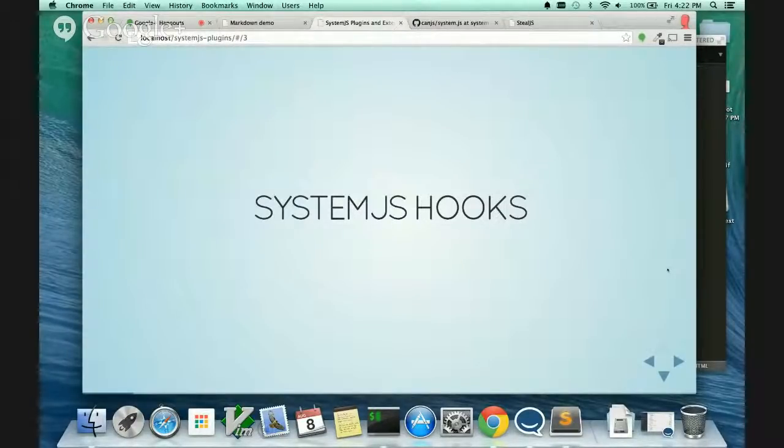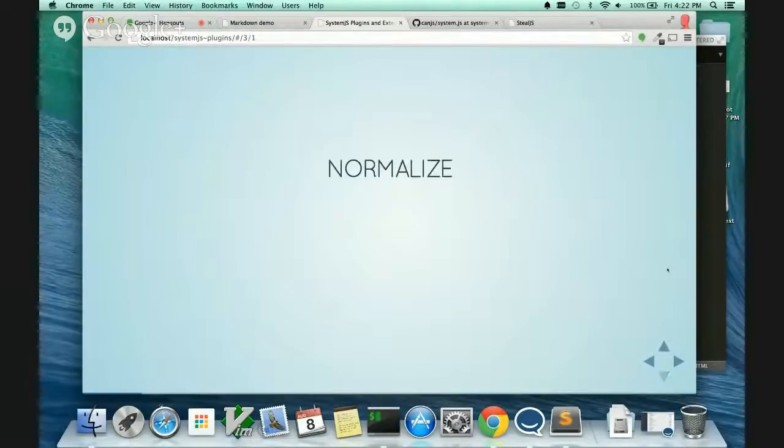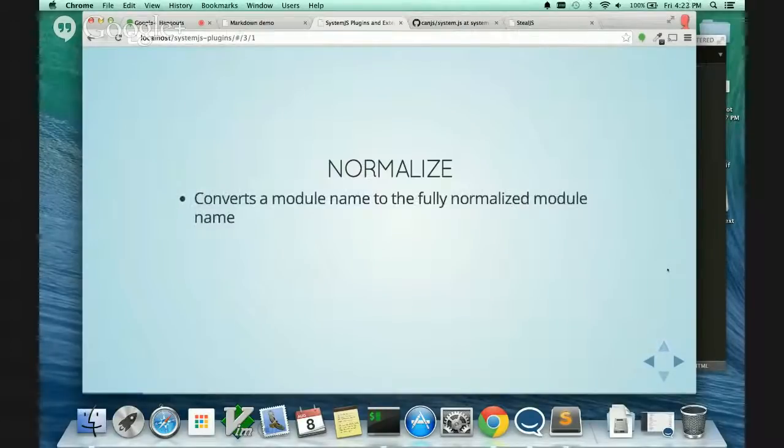So I'm going to go over those hooks real quick. They are normalize. Normalize is a hook that converts a module name into the fully normalized module name. So, for example, if you use steal, you might steal can.Map, right? Everyone has done that before. But when normalize goes through the module name, it converts it to can.Map because the location of the module is actually